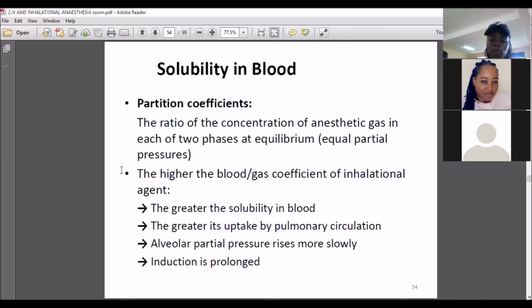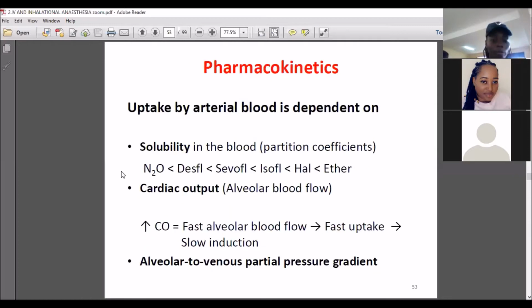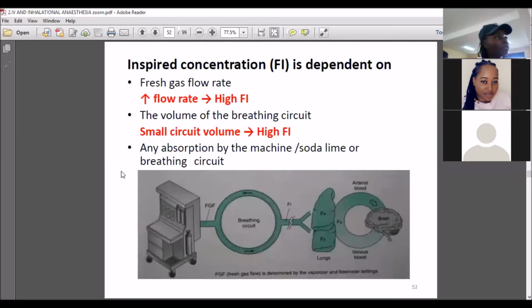So we are going to talk about solubility in blood. We're talking more about solubility. At first, we talked about